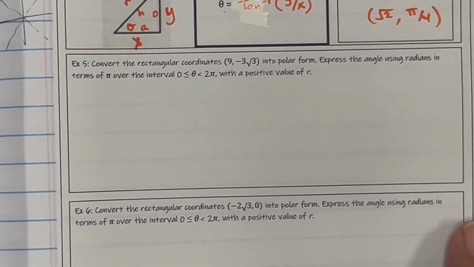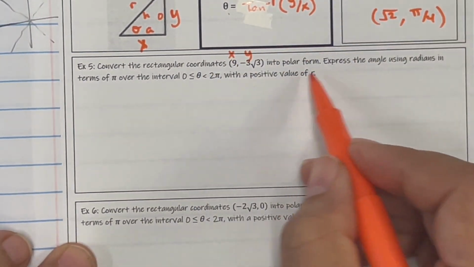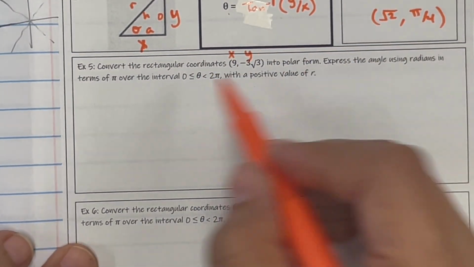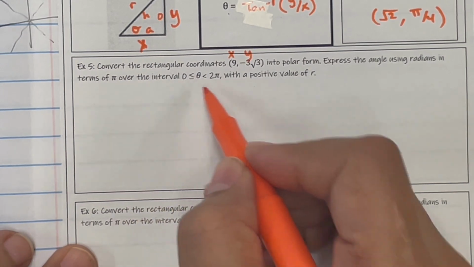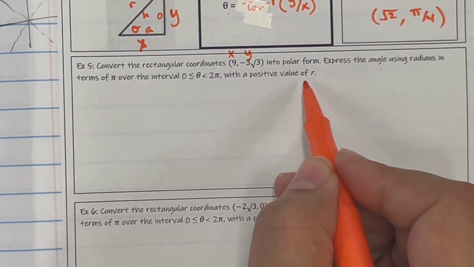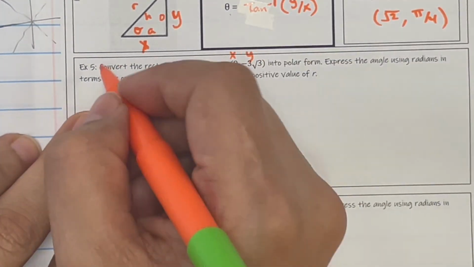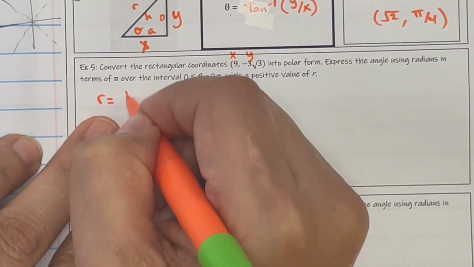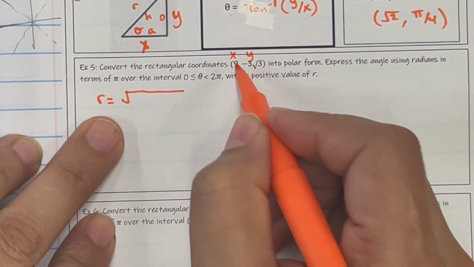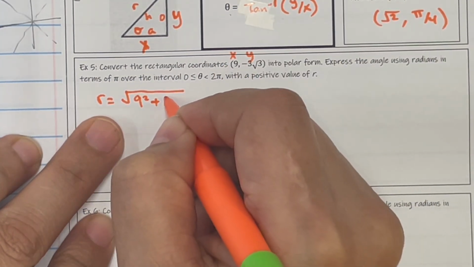Example 5. Convert the rectangular coordinates, so this is x, this is y, into polar. Express the angle using radians in terms of pi over the interval 0 to 2 pi. In other words, don't make it bigger than 360, with a positive value of r. Okay, cool. Let's get started. So r is equal to the square root of x squared, so this is 9 squared, plus y squared, plus this squared,